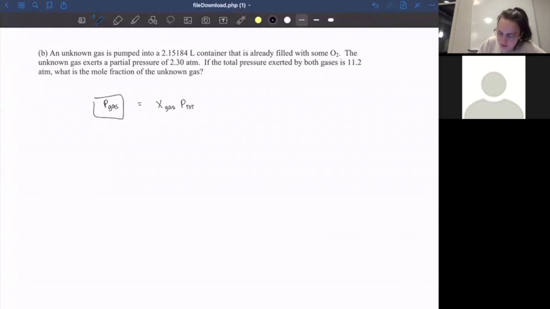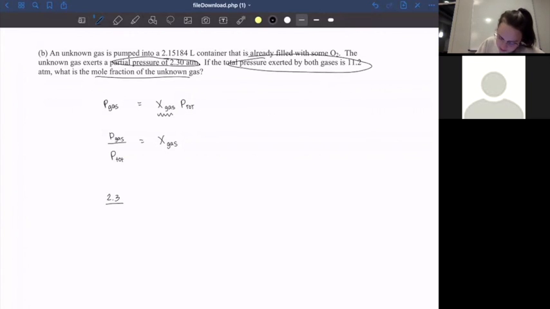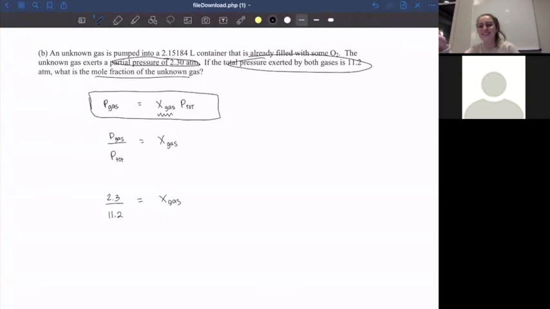We are just going to use this equation that I have here, which is that the partial pressure of the gas equals the mole fraction of the gas times the total pressure of the gas. And so what it gives us is the total pressure and the partial pressure, and we're solving for that mole fraction. So I'm just going to simplify that equation, and so the mole fraction is going to equal the pressure of the gas divided by the total pressure. And then, once again, just plug and chug. We have the 2.3 atmospheres divided by 11.2, and there we go. That's what it equals. I think it ends up being 0.205, and